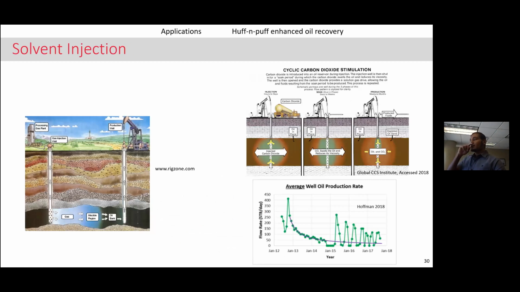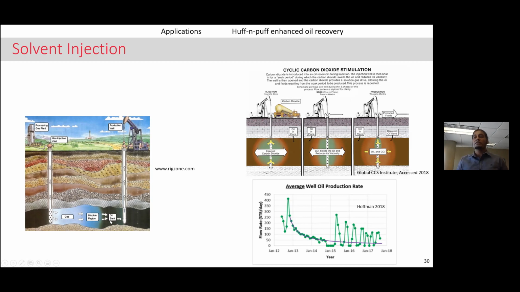Keeping that in mind, typically when we talk about miscible floods or miscible solvent injection, we're talking about a gas injection well on the left-hand side. Perhaps on the right-hand side, you have a production well, and both of them are operating simultaneously. You're injecting, the solvent comes into contact with the oil, and it essentially dissolves in the oil or modifies the oil properties in some fashion, and that oil is mobilized towards a producing well and is pumped back up or produced back up. And this is operating in a continuous fashion.